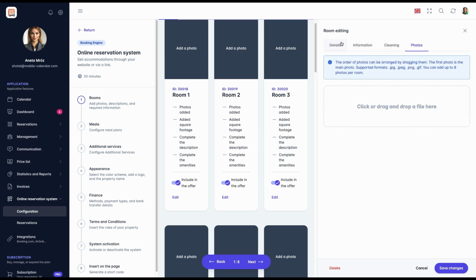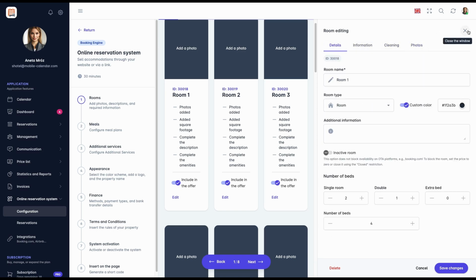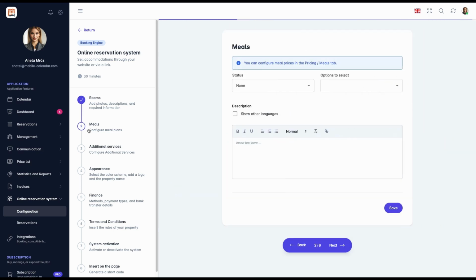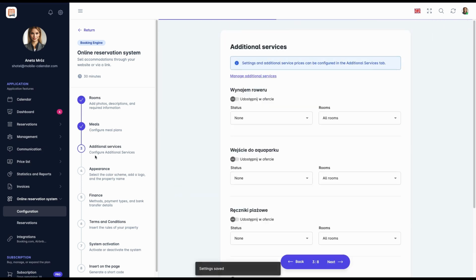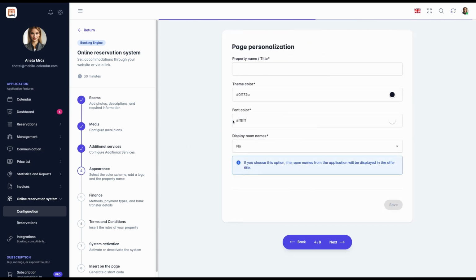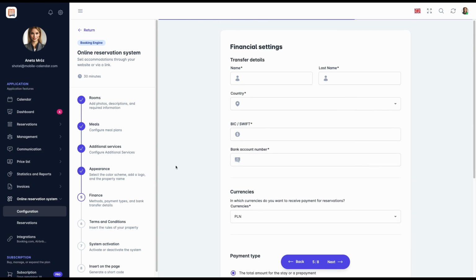The first step is adding descriptions and photos to the rooms, which allows for an attractive presentation of the offer. If the facility offers meals or additional services, these can also be included in the offer. The next stage is customizing the appearance of the reservation system, including its colors and style, to match the website